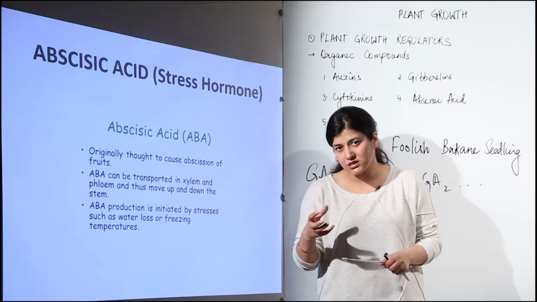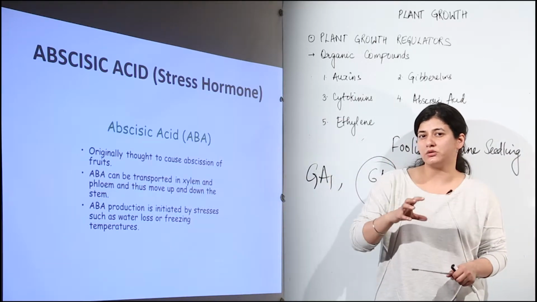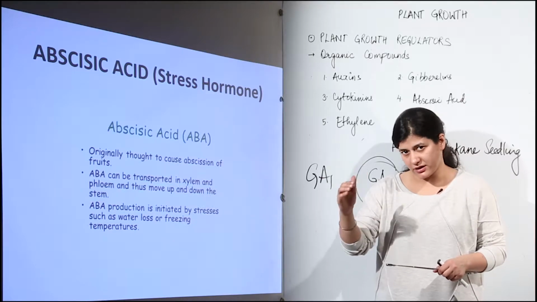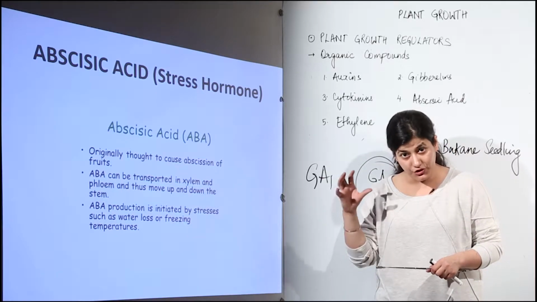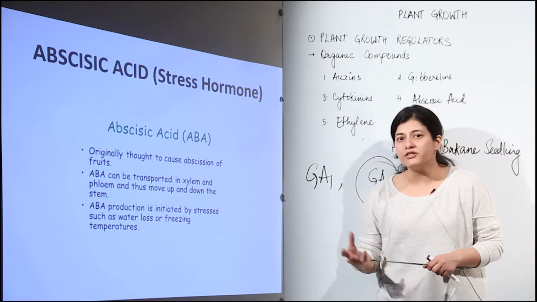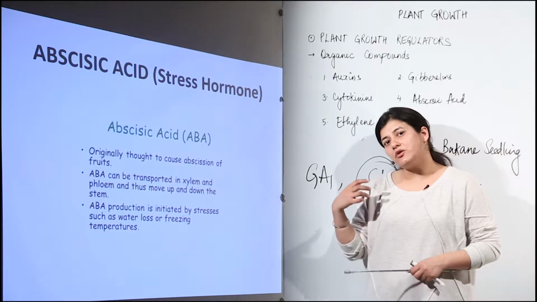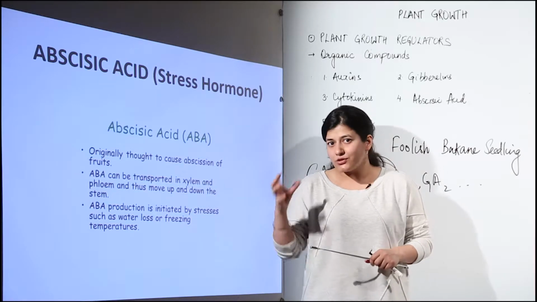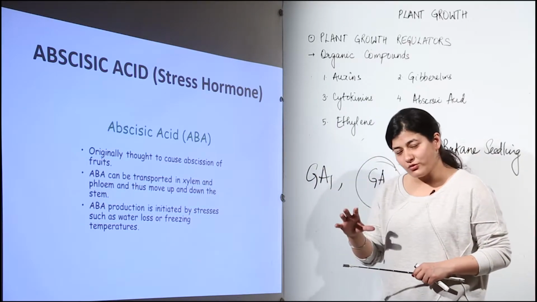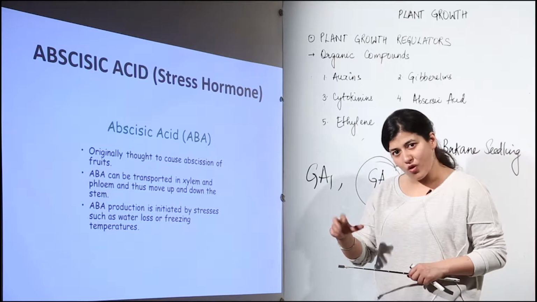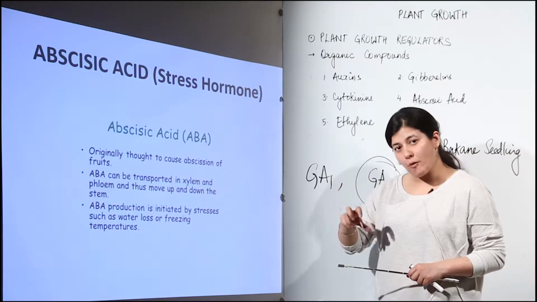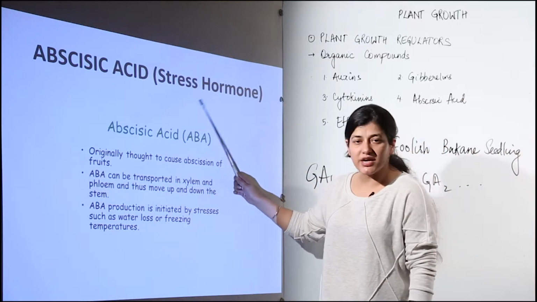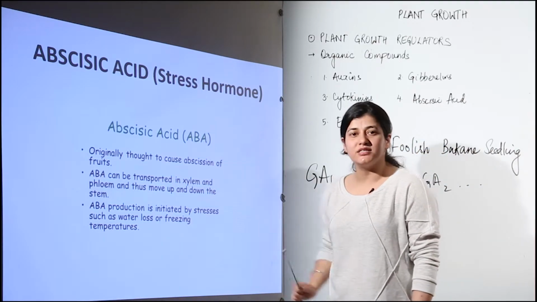That means the factors responsible for plant growth, like water, like carbon dioxide, if they are not present in their abundance, as much critical concentration is not present, what would the plant do in such condition? It would undergo such physiological changes in order to overcome that stress. So the particular group of compounds which are responsible for helping the plant to cope up with those situations are termed under the stress hormone, and it is known as abscisic acid.